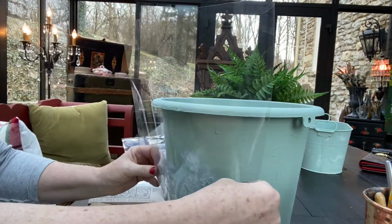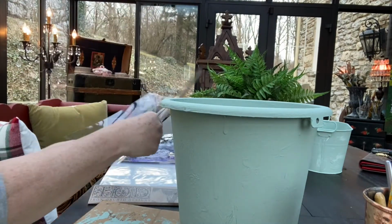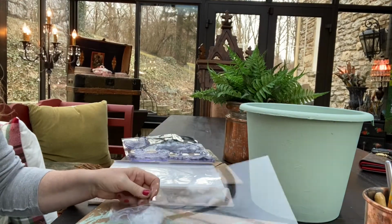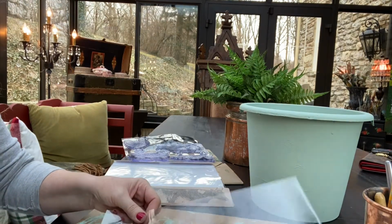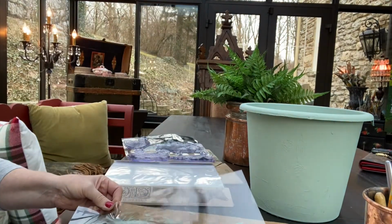And I thought we just put him right here on the front of the bucket. Just like that. Let's ink up our little guy first. And I'm just dabbing this. I don't want too much, but I want enough. So you can see that. The nice thing is you can see through it,